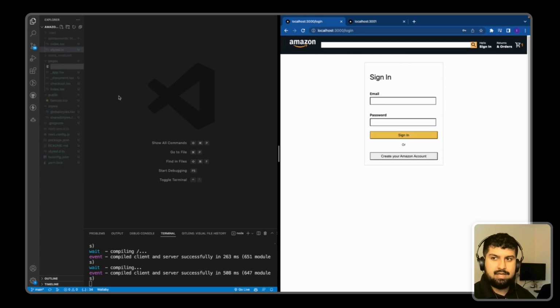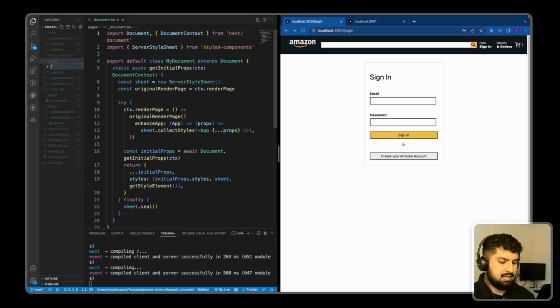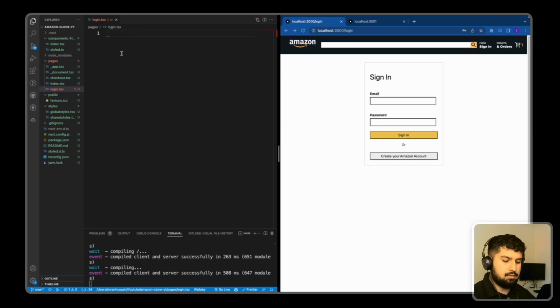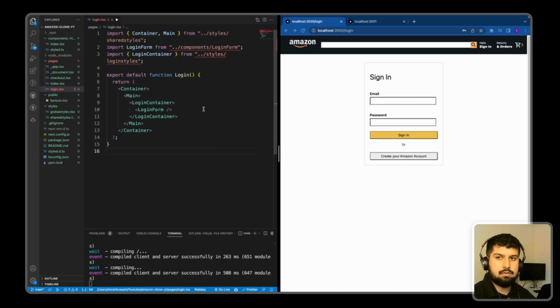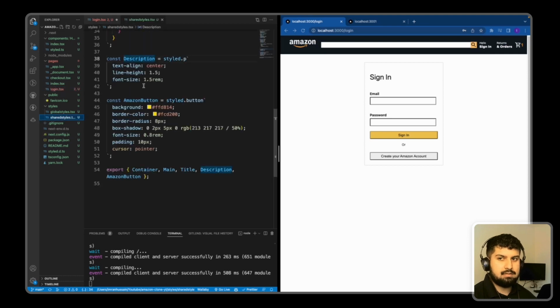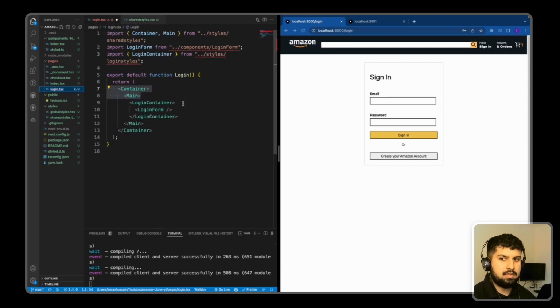So if we go on to pages and create a new page in here named login.tsx, and essentially what I want to do is bring in what I have. So essentially we are getting container and main from the shared styles over here. Going back in my login, we have a login container which we need to create, and then the login form component which we also need to create. So if I copy this one out, and for now I want to put in a h1 of sign in,